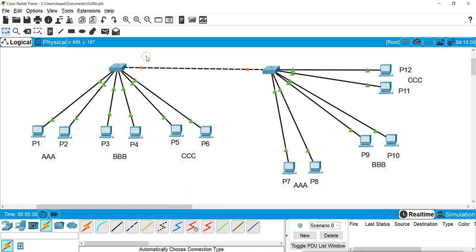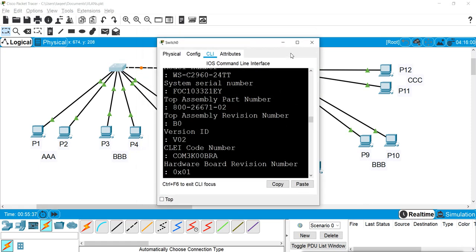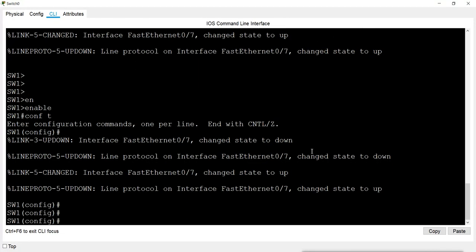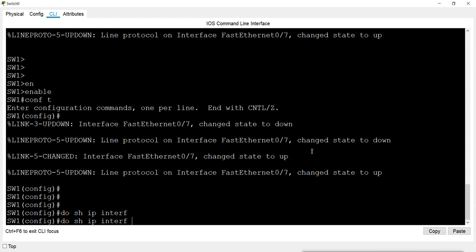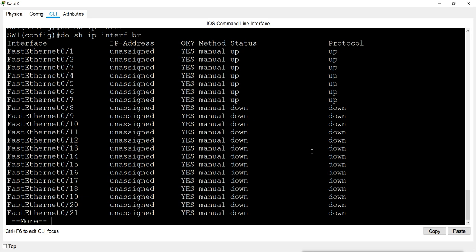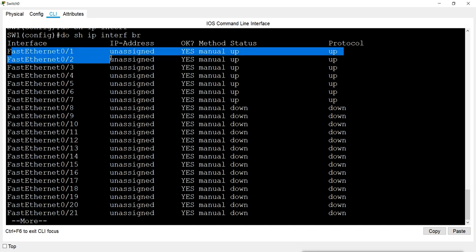We can also verify it by checking the do show ip interface brief command. So we have these ports enabled: port number 1, 2, 3, 4, 5, 6.